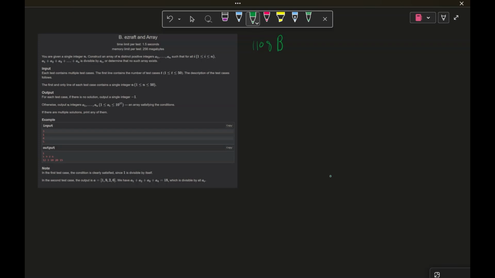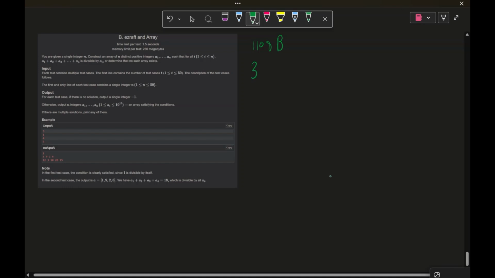Okay, this is Codeforces problem B from contest 1108. This problem says we get a single integer n, and then we have to find n positive integers such that if you add all of those integers up, each of those integers can individually divide that sum. Okay, so I'll give an example. If they give us the number 3,